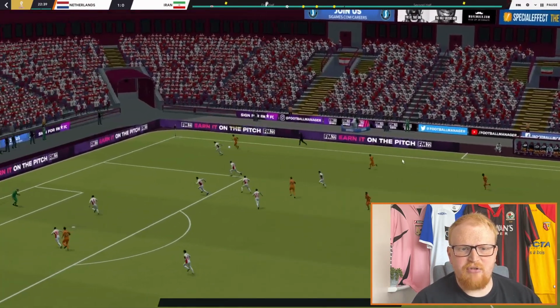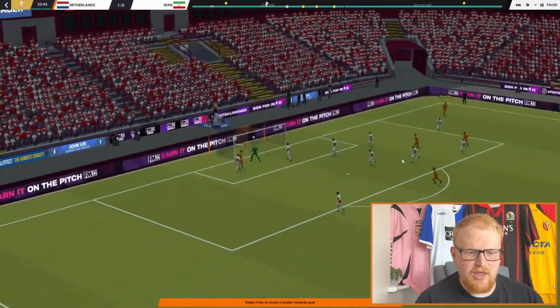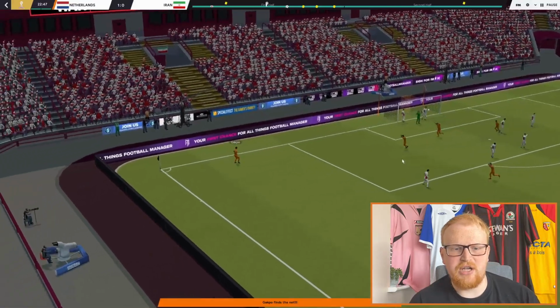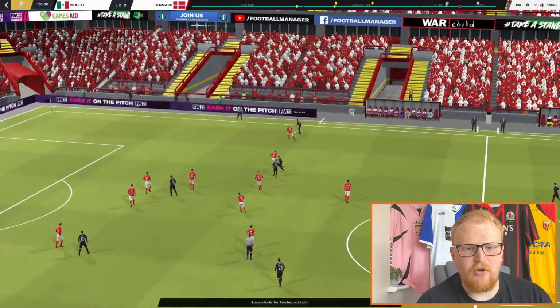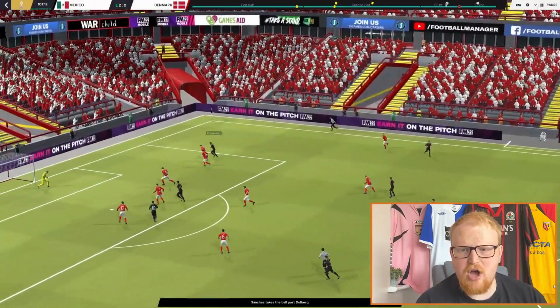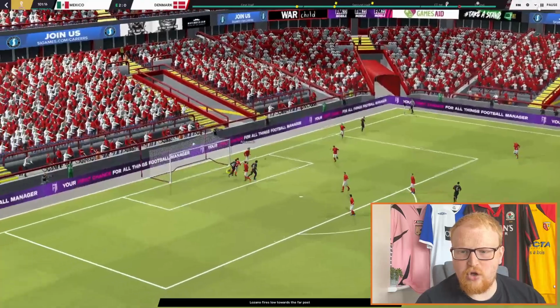The highlights here, Iran had a penalty that they missed early on, but Netherlands here with a winner, a header at the back post by Gakpo, giving them the 1-0 victory. Iran getting a goal disallowed before half-time. Second match, Mexico against Denmark. It took them extra time, but the Mexicans were victorious in the end.